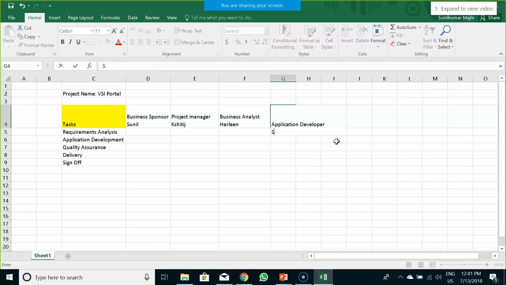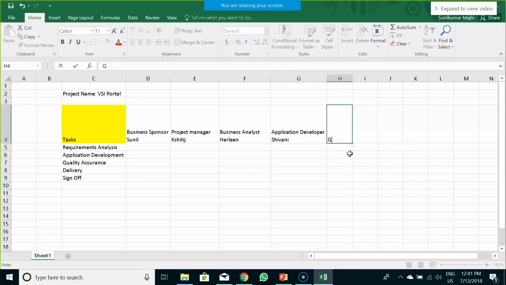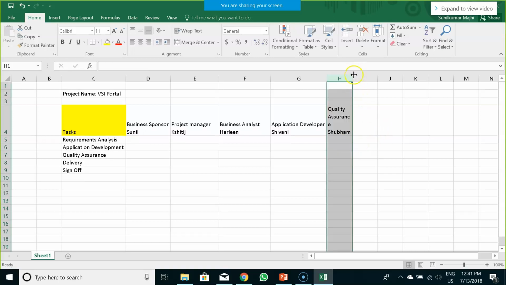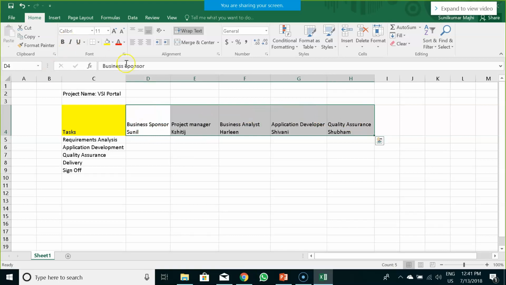Let me give that role to Shirley. Next role is quality assurance. Let me give that particular role to Kshitij. So we have these 5 roles.